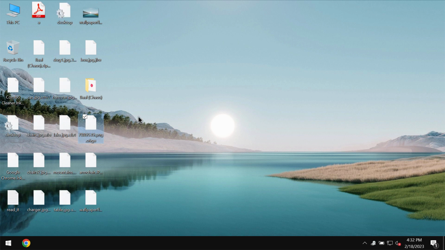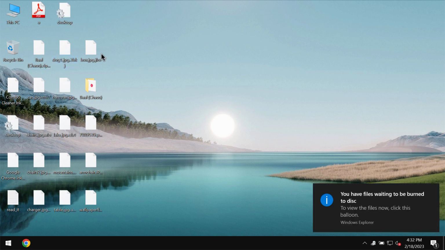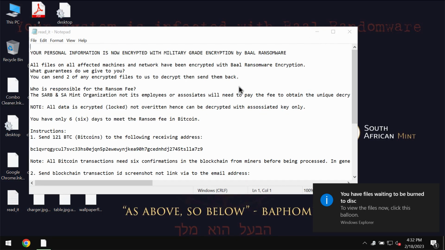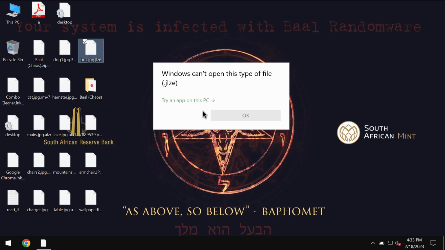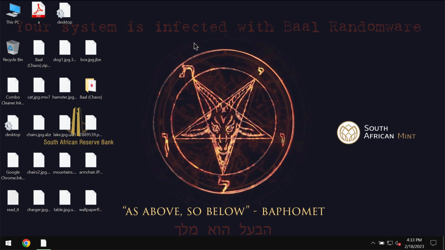So now you can see the consequences of the ransomware attack. You try to open this specific file and you get a message saying that it's not possible to open these files. The ransomware actually adds a random four symbol extension to the file names. The ransomware also changes the desktop background, mentioning that the system is infected with Baal ransomware. Now, the ransomware tells the victims to pay a special ransom for file recovery, but you should not pay